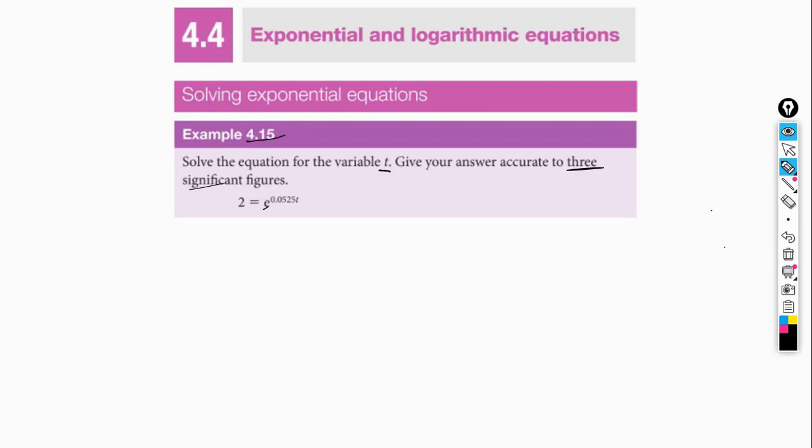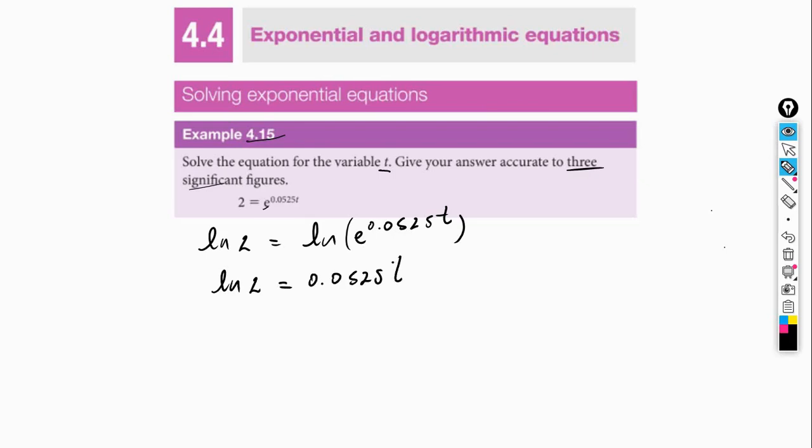We can rewrite this equation by applying the natural logarithm to both sides. So that would be natural logarithm of 2 is equal to the natural logarithm of e to the power of 0.0525 times t. And we might want to use a parenthesis just for elegance. Now, if we do the natural logarithm of Euler's number, remember the solution to this is simply the exponent. Therefore, natural logarithm of 2 is equal to